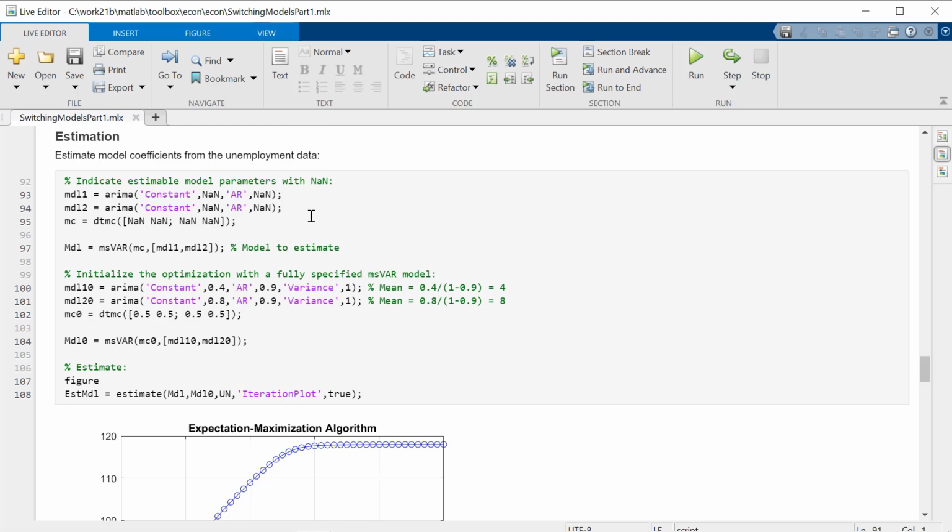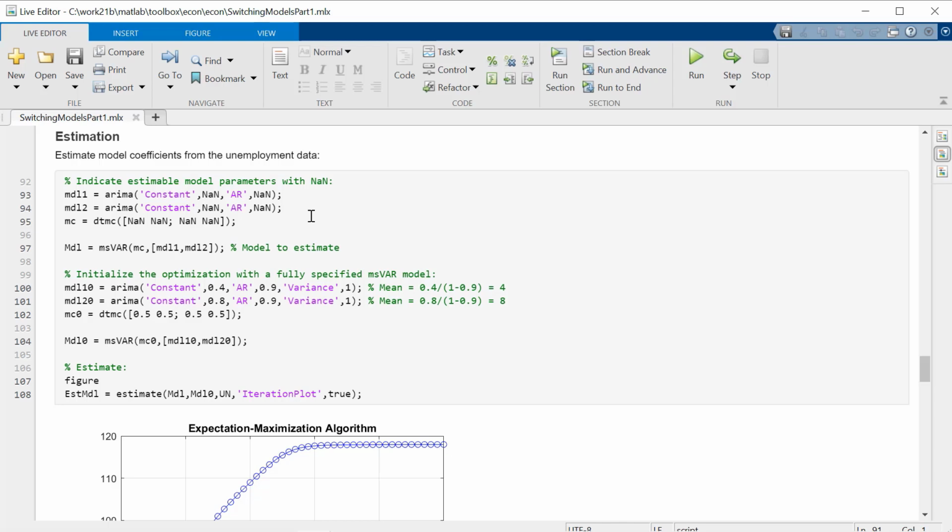I'll show you how to do that in the second part of this presentation when we talk about threshold switching models. But here, let's just try and estimate all the parameters at once. That means in this case, it looks like 8 parameters we're going to try and estimate from our data. Typically, you want to be careful here that if you are trying to estimate too many parameters from a limited data set, the estimation algorithm is not going to perform as well, and you're going to get larger standard errors for your parameter estimates, etc.